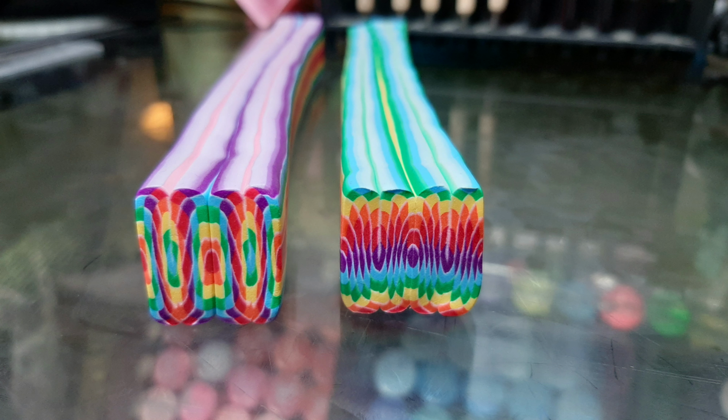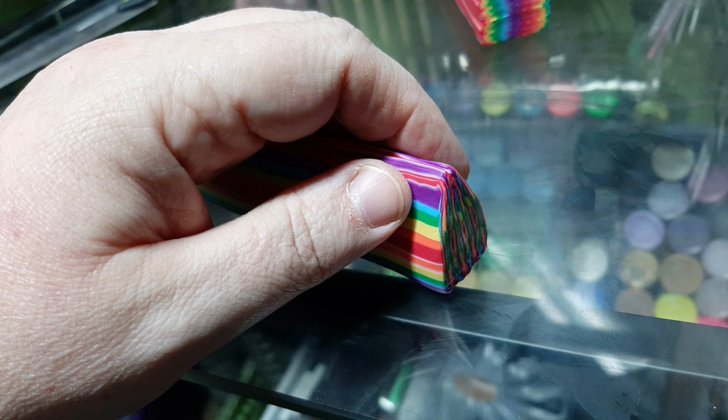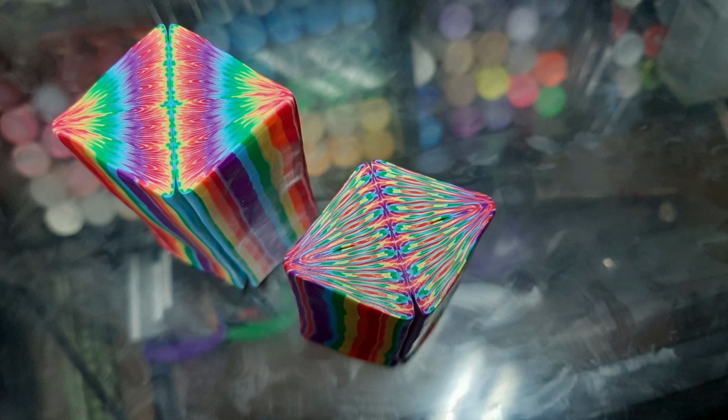So that you can keep that same pattern throughout, and mirror and compress them however many times you like to get the number of striations that you want. And then go ahead and pinch that into the triangle and get it more of like a right angle triangle, I guess is what it is, so that when you cut it open and mirror it,